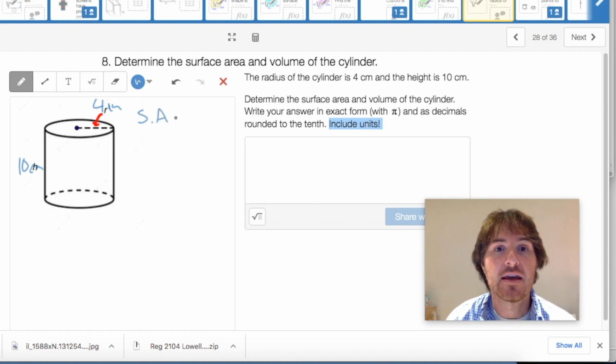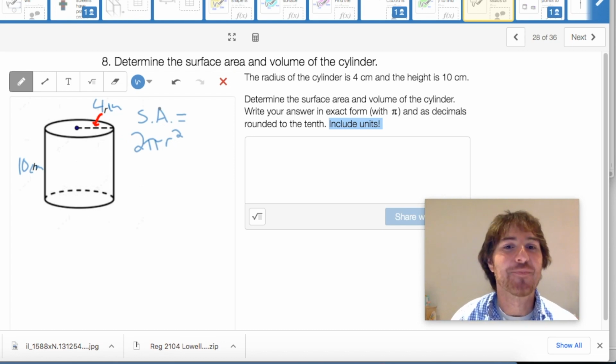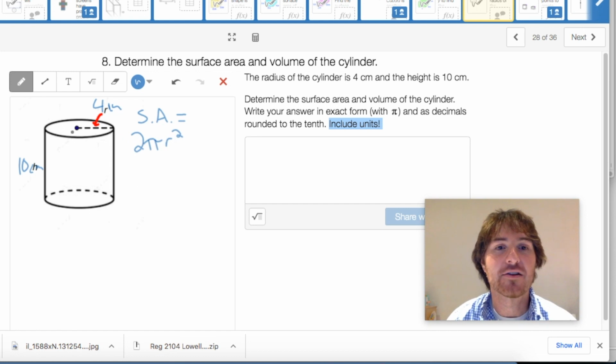Surface area. Well, that's just going to have to equal 2 pi r squared, okay? Because we got to get this circle here and this circle here, right? Because normally it's pi r squared for the area of a circle, but these are 2 congruent circles here because this is a cylinder. And 2 pi r squared here for the area of the circles. And then we got to remember,